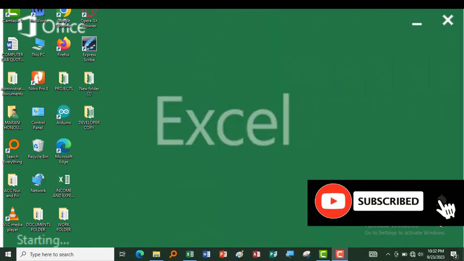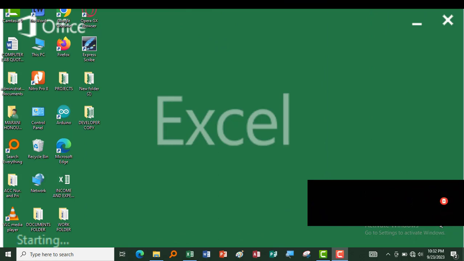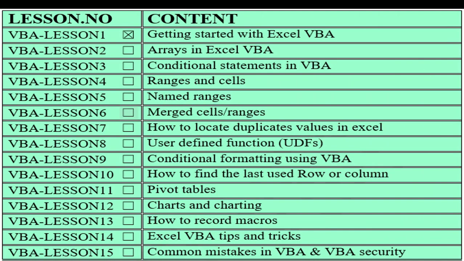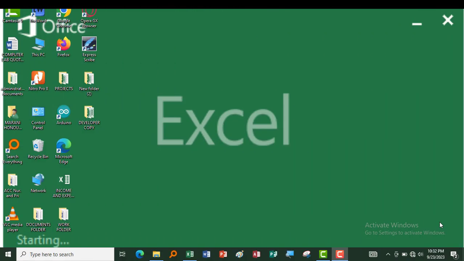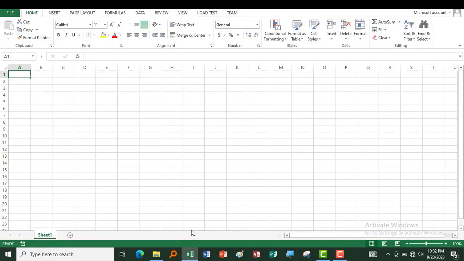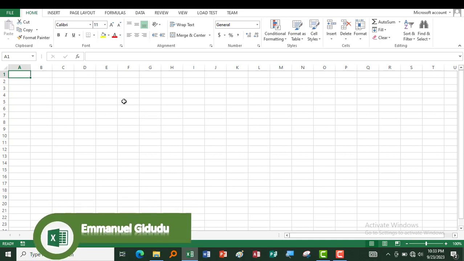Now we shall start with the introduction, which we made briefly. How to get started with Excel VBA. Now, how do you get started with Excel VBA? First of all, we shall open a blank Excel workbook. Use Excel of any version you have installed on your PC. Now, Microsoft Excel, the one we have opened on our desktop here, Microsoft Excel